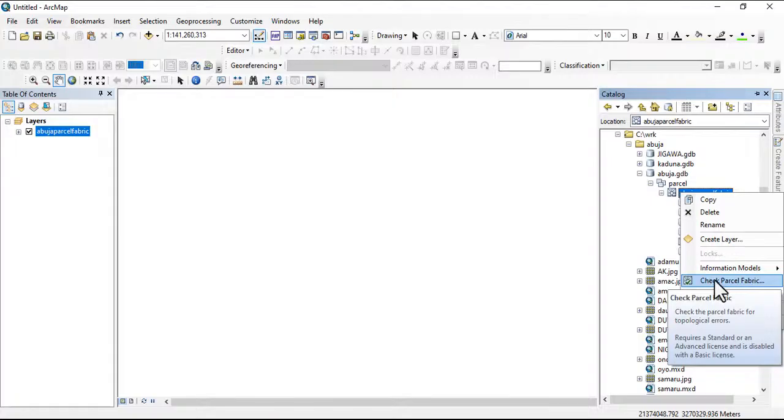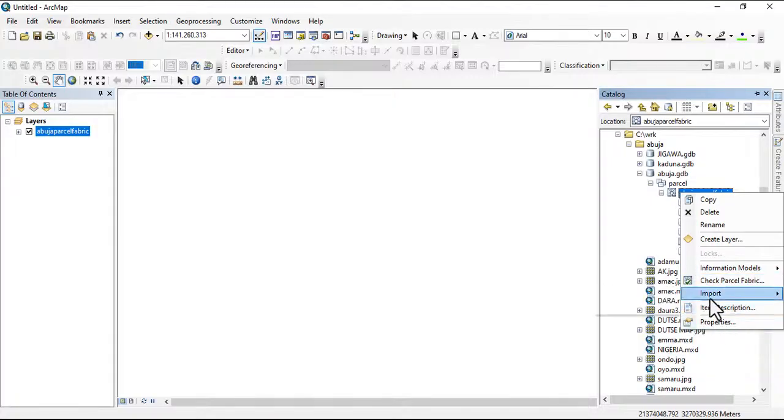All right. So basically, this is how you create parcel fabrics on ArcGIS Desktop. Before we go further to explain more on what this parcel fabric addresses, we will also recreate this on